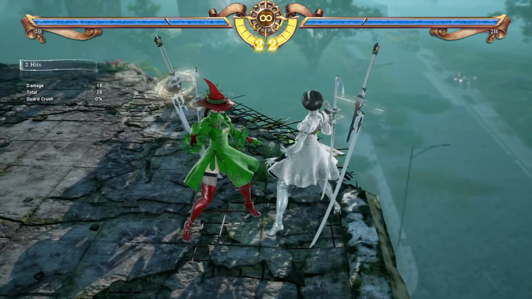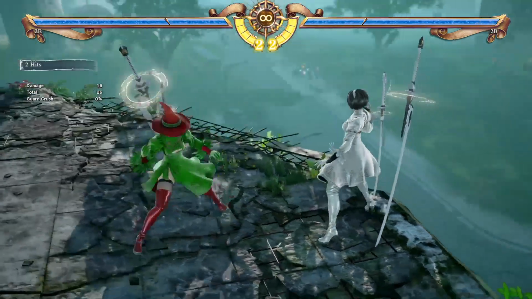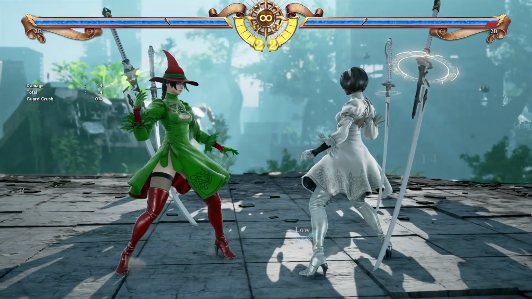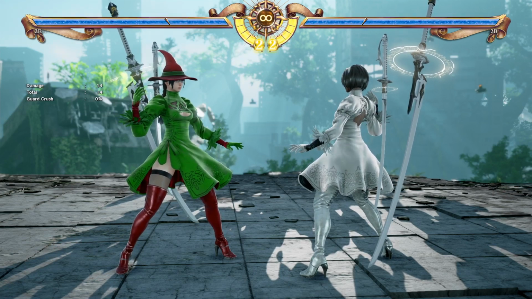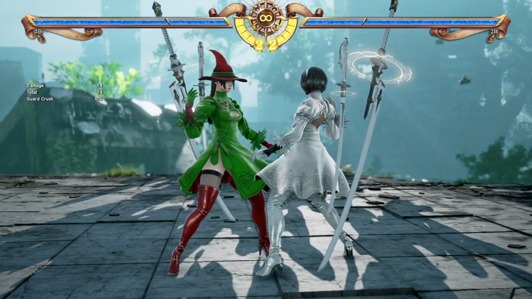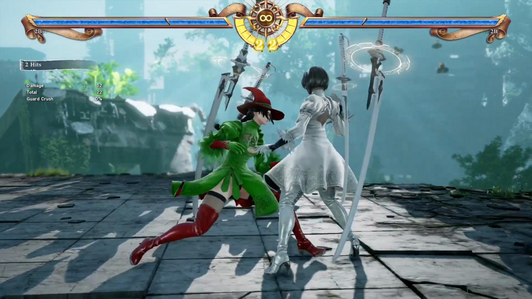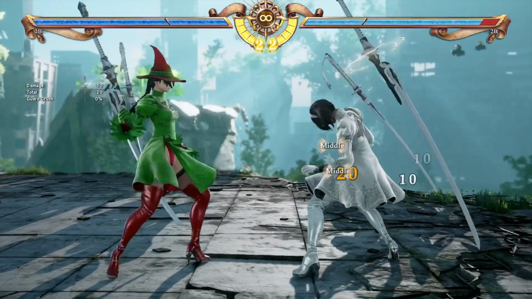You see that little flash right there? Alright, I'll go over that right now also. Anytime you see that little flash, those things are called analysis points. 2B can hold up to 9 of them. They allow certain moves like 4K to be able to cause a lethal hit. So if I were to charge it up,